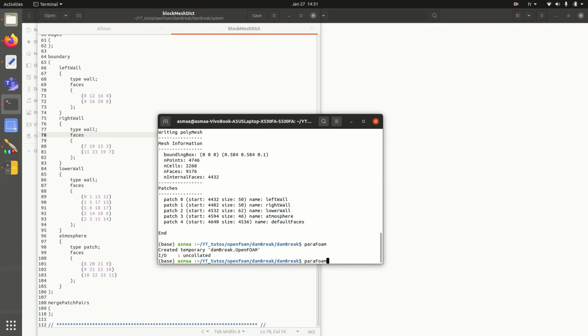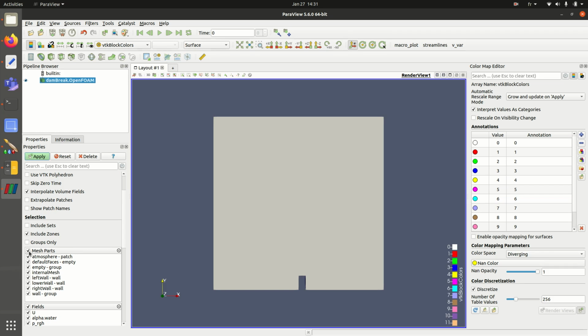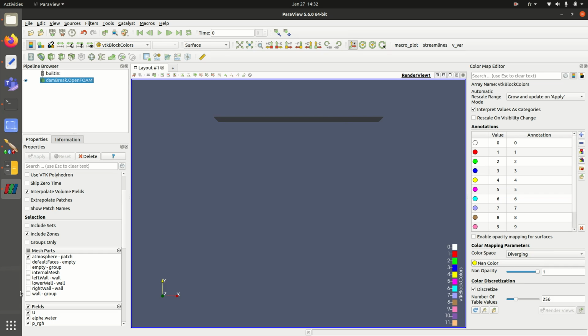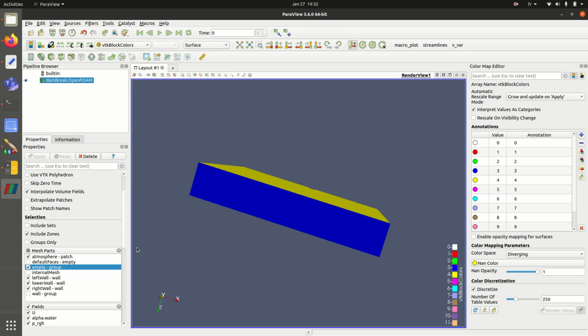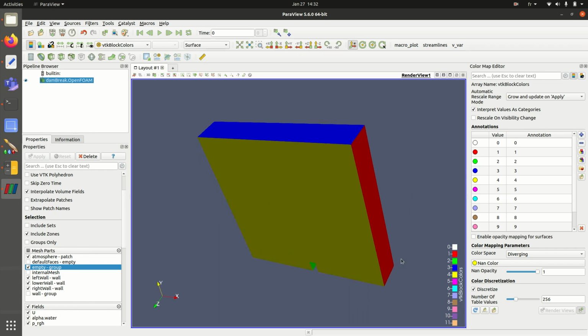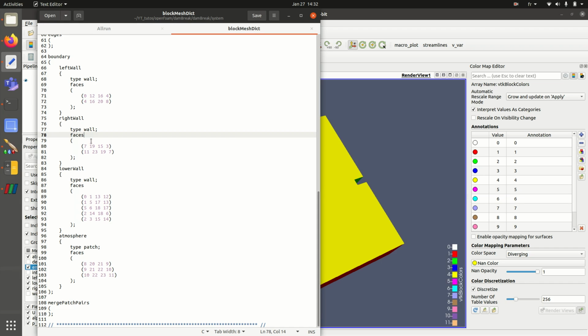So here I'll rerun it again. I'll visualize boundary by boundary. So this is the atmosphere. This is the left wall. This is the lower wall. The right wall. The internal mesh includes all the faces, and for the empty group, it represents the face at z equal to 0 and at z equal to 0.1, and it's assigned empty. Also here we have left wall, right wall, lower wall, atmosphere, and the other boundaries are empty